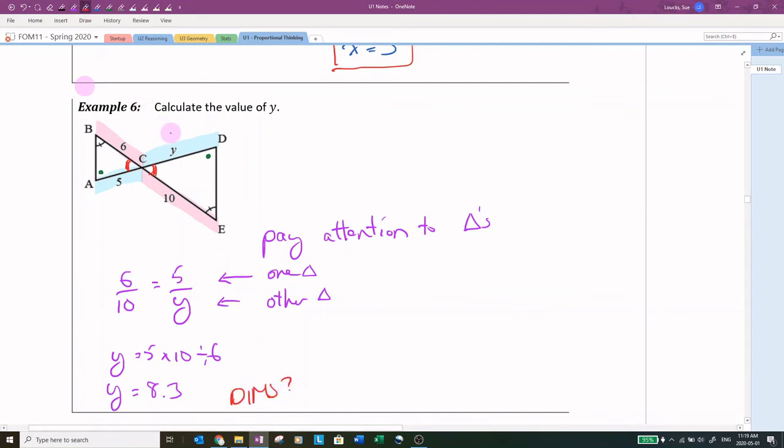Does it make sense? 8.3? Yep, that seems reasonable to me. Okay. One more thing to look at,